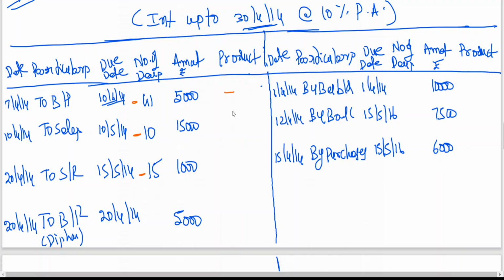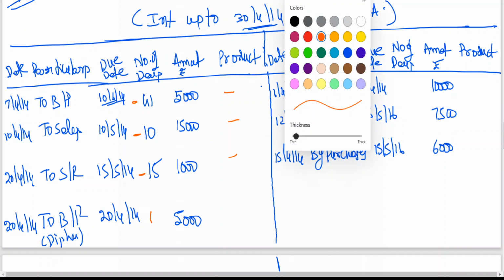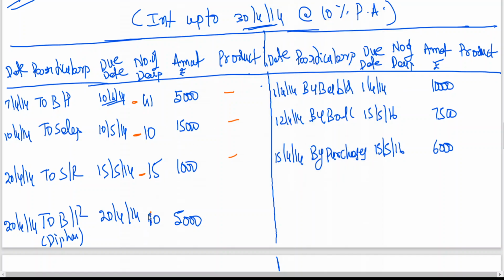Okay. Here we won't be writing product. This will be written on the opposite side. I have told you already. Product will be written on which side? Opposite side. Okay. So 20th April 14. This is positive 10 days. Positive 10 days. Just to explain why we used to call it reading: we used to mark with red whenever you are getting negative. That is why it used to be called reading.